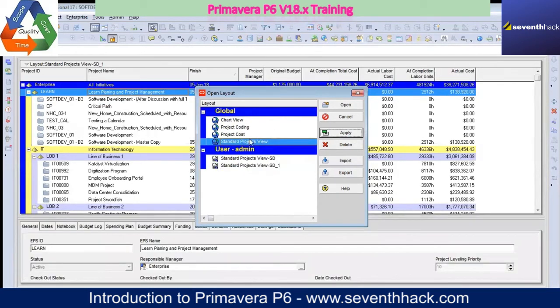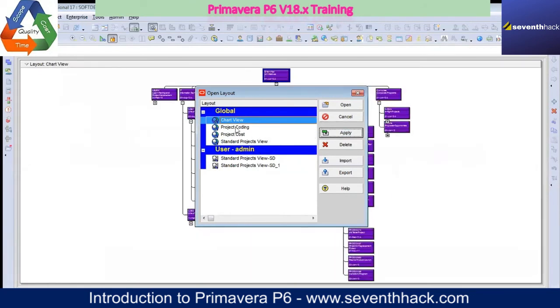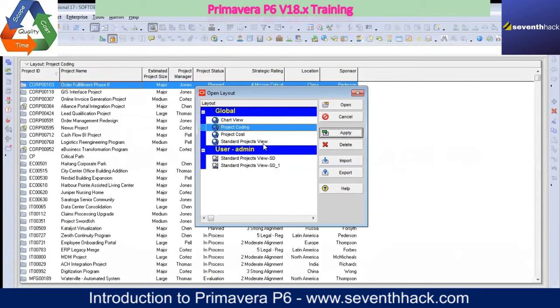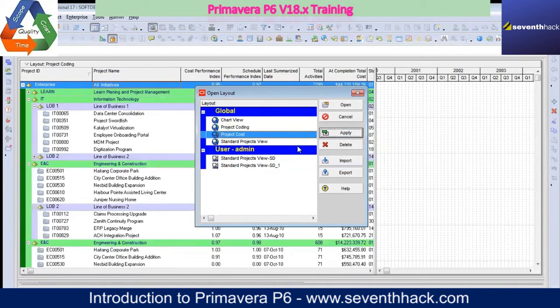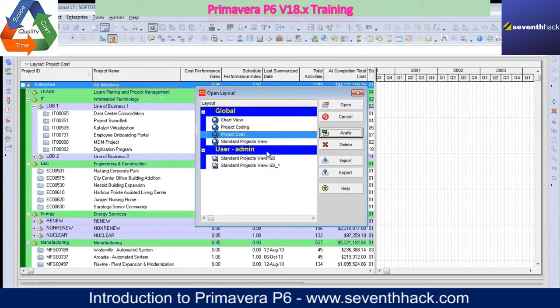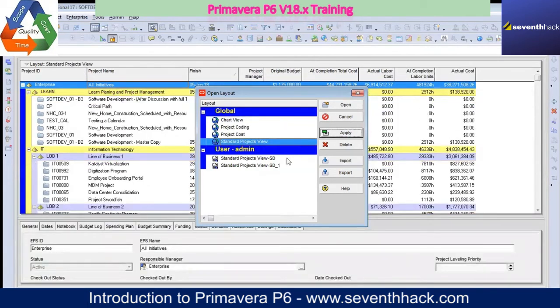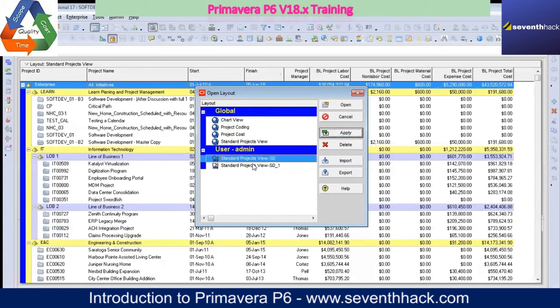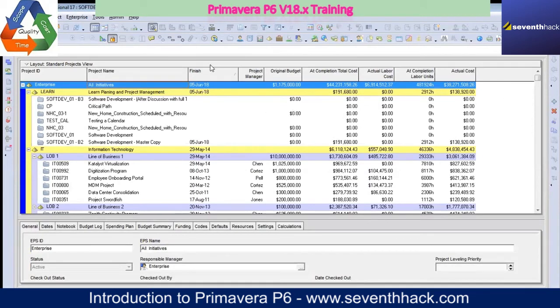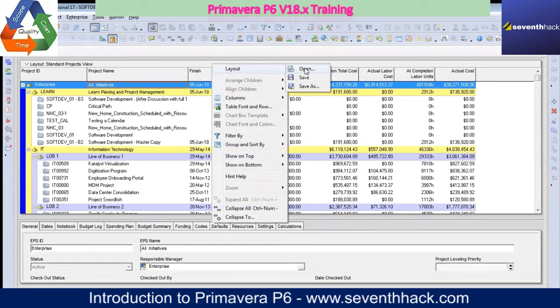If I apply the chart view, there will be a different kind of layout. Project coding, you will see the project cost. Different layouts are there. Standard projects view, apply. Now this is one which is created by me, and this is the one which is created by me. So what we will do is open the standard project view. You say open. Okay, you say layout open,